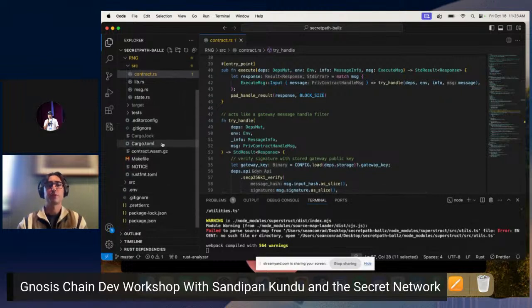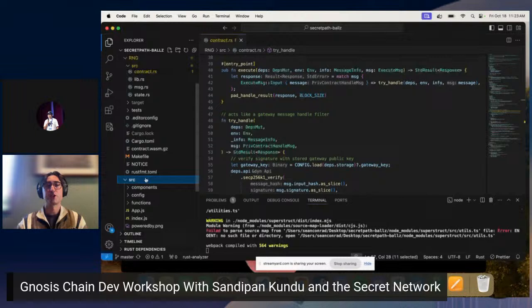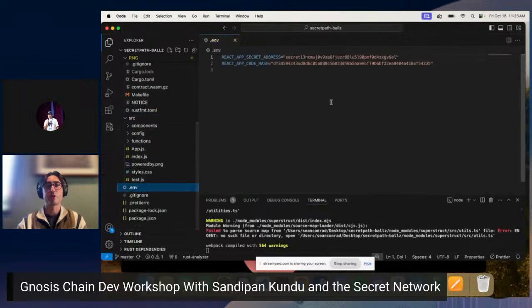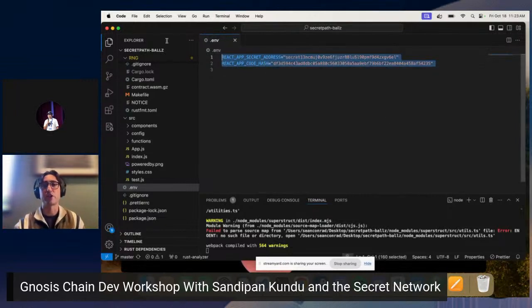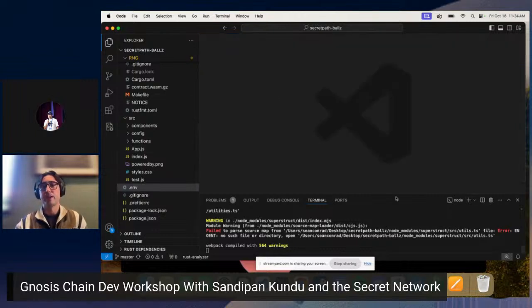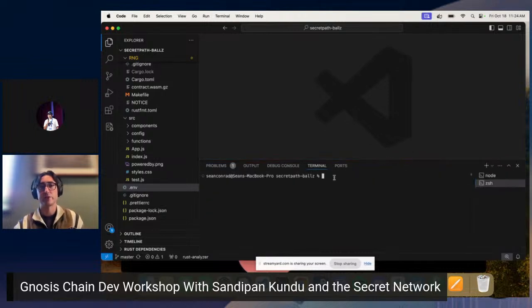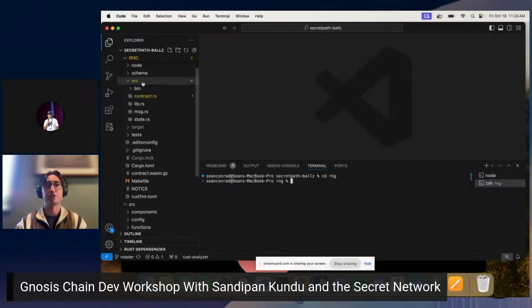So you do. That's a great question. If we look at the source file, if we go to our React app and into this environment file, all that I have here is the contract address and the code hash for my secret contract. So that when I call request random, it's calling it for this contract. We've written these scripts to make uploading and instantiating contracts on the Secret Network as easy as possible. So if I cd into the contract folder,